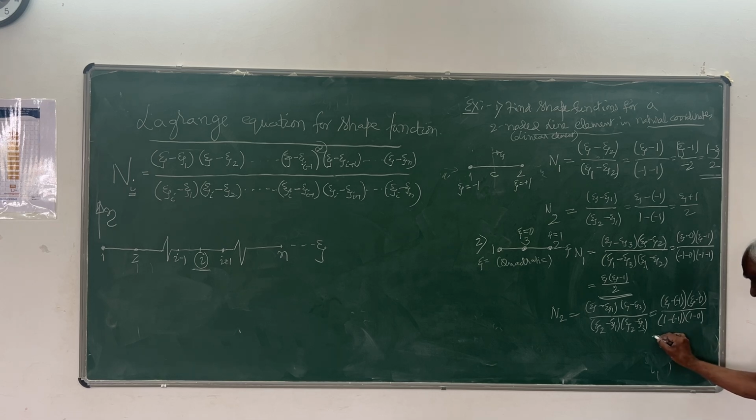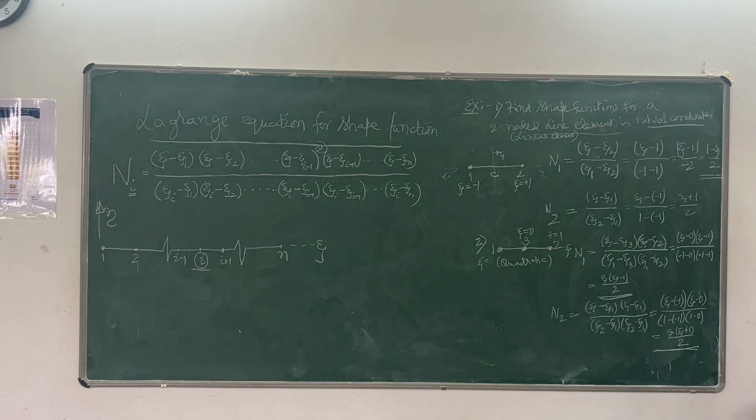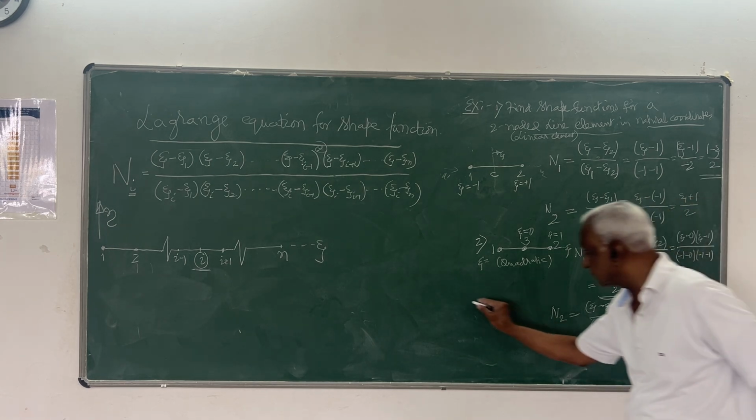This is nothing but psi into psi plus 1 divided by 1 minus of minus 1, plus 1, which is 2. Here it is psi into psi minus 1 by 2. Here psi into psi plus 1 by 2. Then n3